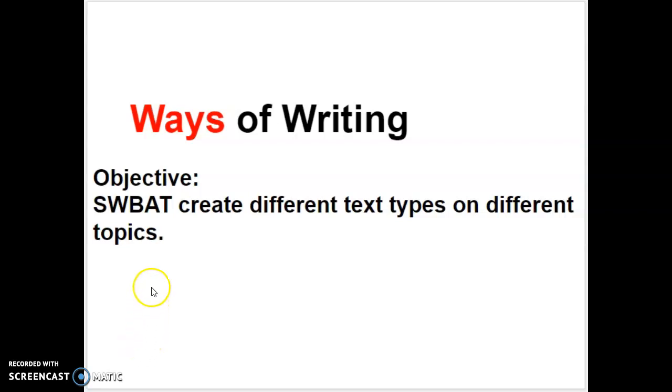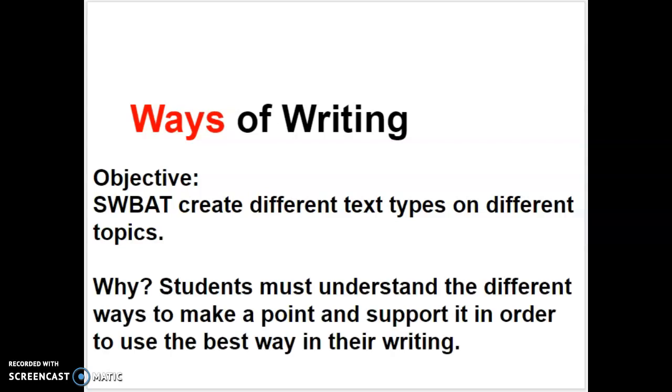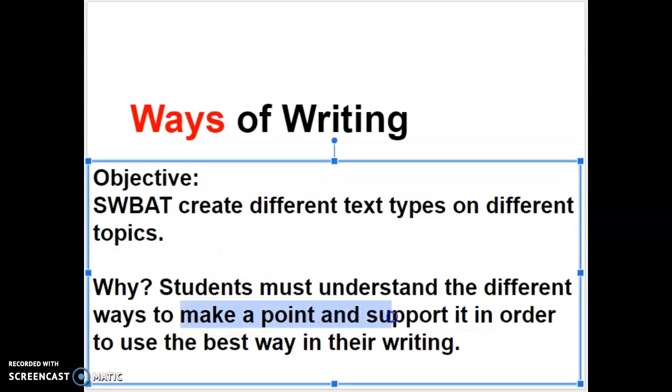The different ways of writing. This lesson, the objective is to have students be able to create different text types on different topics. The reason why this is important is because students need to be able to vary their writing depending on the topic. So sometimes you're going to make a point and support it. You need to write in different ways, because each point, each support can have a different way of writing it,